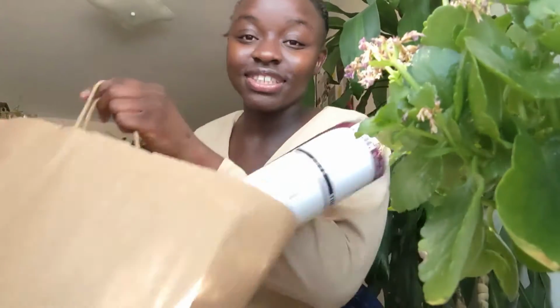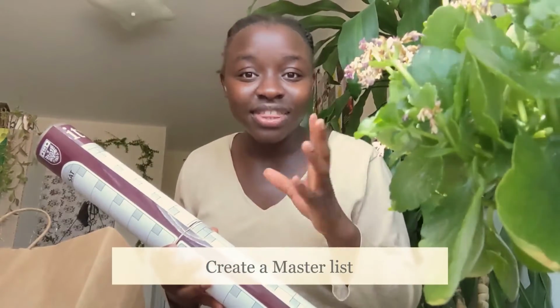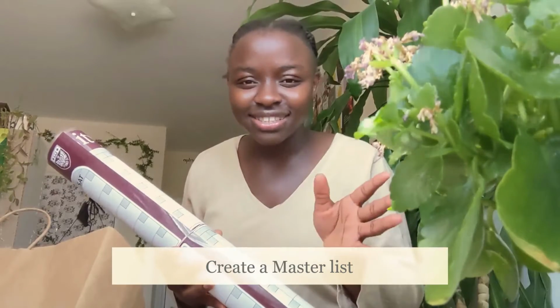You probably have a lot of things to do besides schoolwork and those many courses. A good idea to balance all of those is to create a master list of almost everything you think you need to do or get done. Create that master list and then create buckets in your life. Buckets are basically things that are grouped together. Buckets in my life include faith, academics, of course, school, work, content, or all things you,